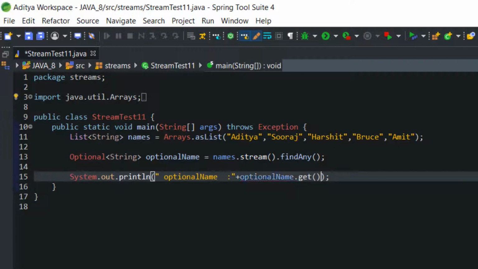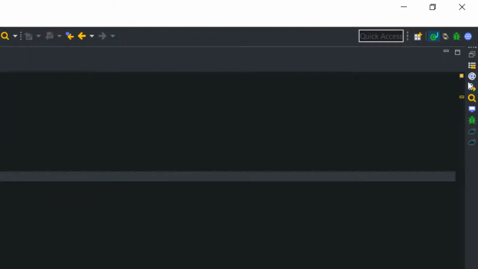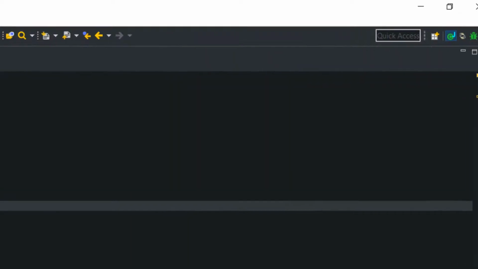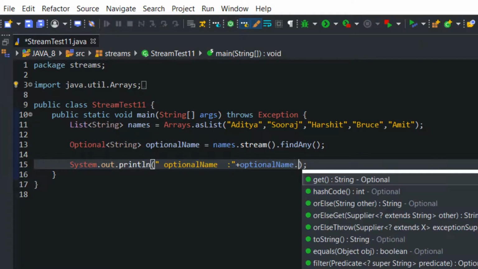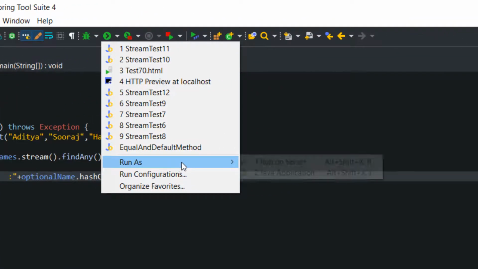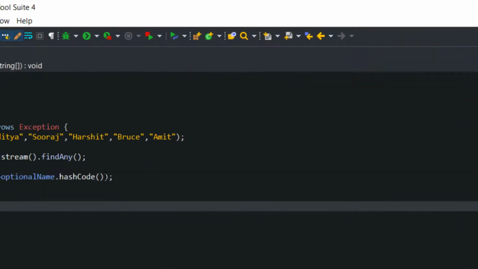We use the get method to extract whatever data exists inside that reference. So let's execute this code again. It carries the name Aditya. Now if you want to know the hash code also, we can get it with the help of the hashCode method. We got the hash code also.